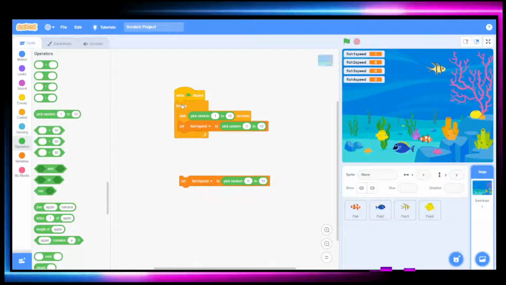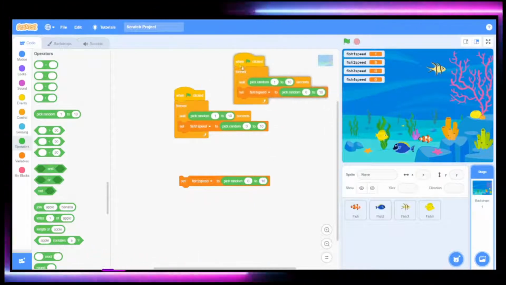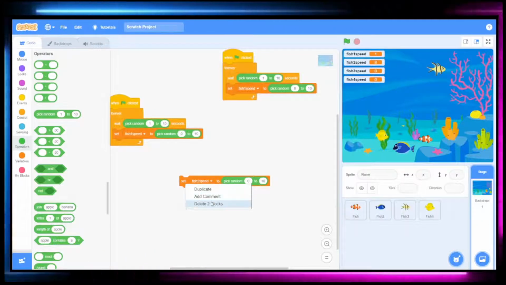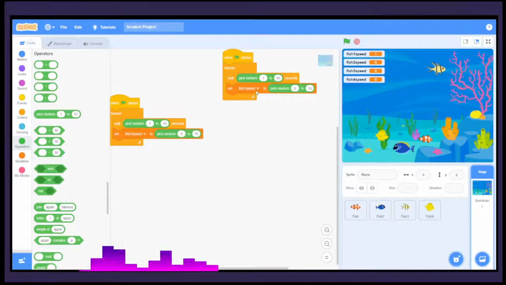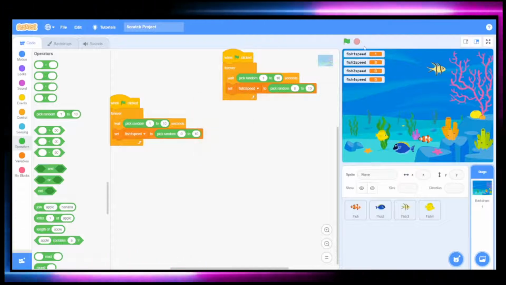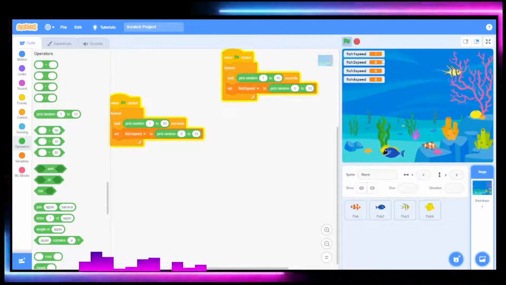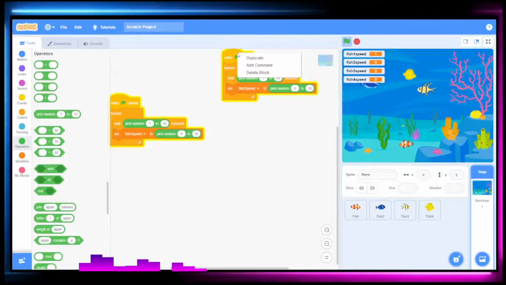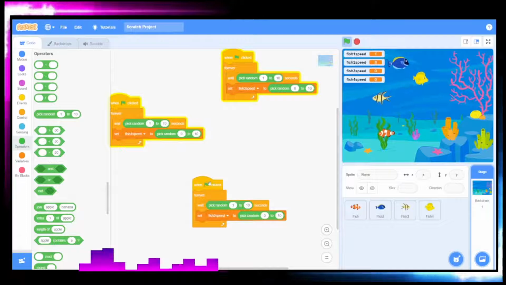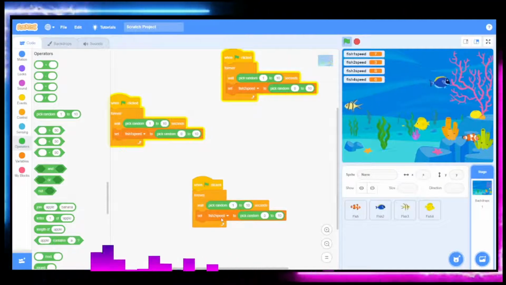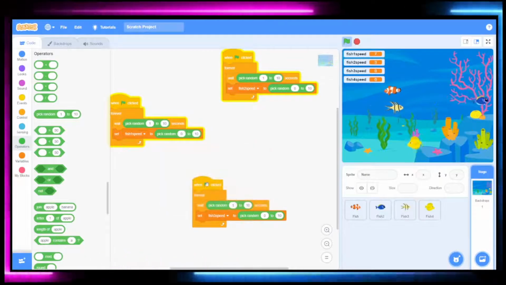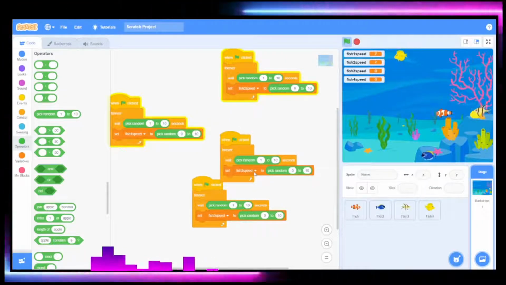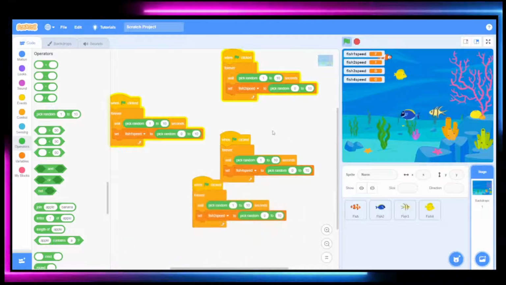Let me just remove this and just duplicate this code here. Delete this, then change the speed here to 2 free speed, and then do this. You will see what will happen here now. Our number will change. Let's duplicate this and drop it here. Also change this one to fish 3, and also duplicate this, drop it here, change this one to the last fish, and then